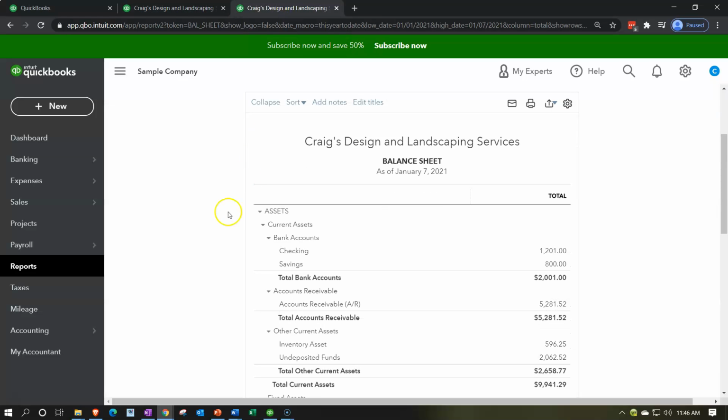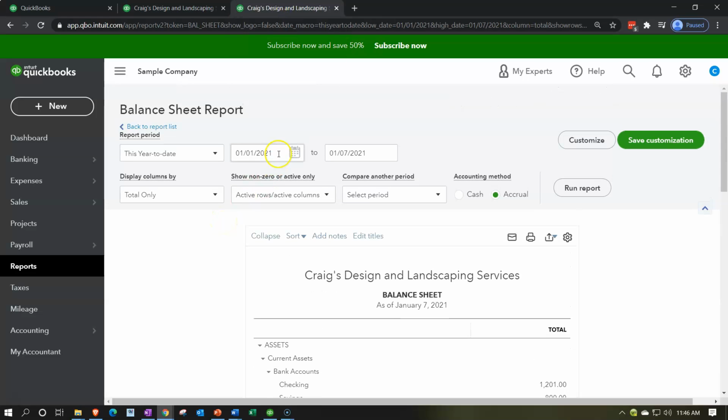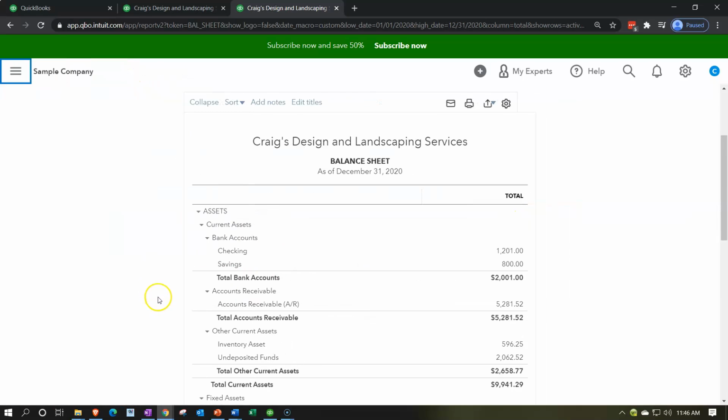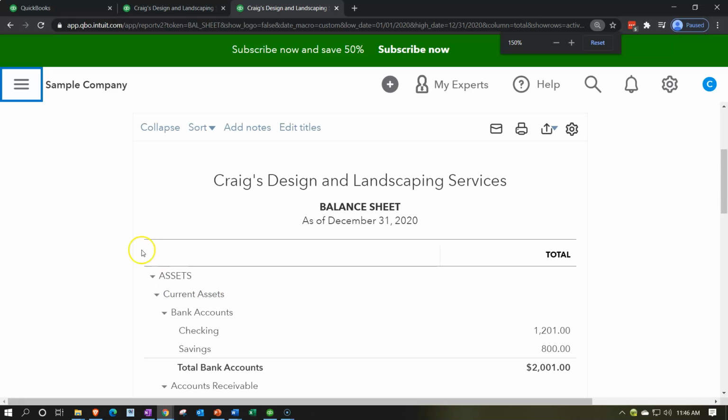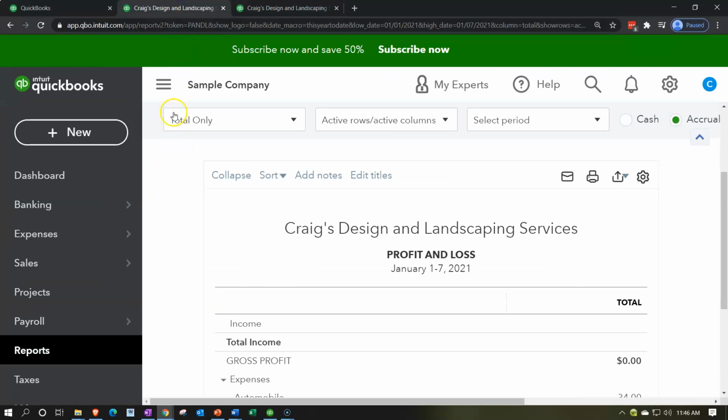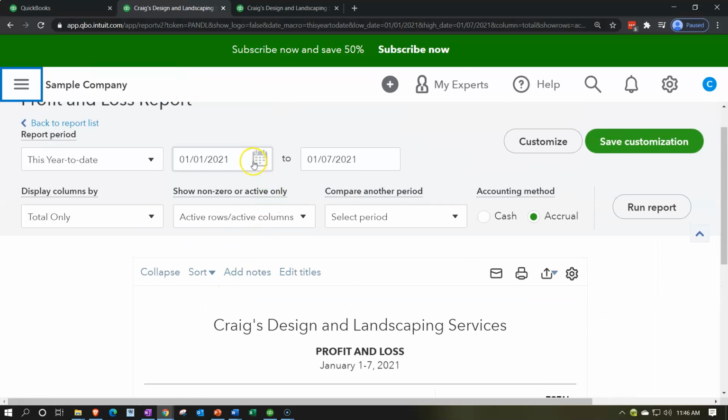I'll change the date ranges then. We're going to make it for 2020 because that's where most of the data is. So I'm going to go 01/01/20 to 12/31/20 and then run that report. I'll remove the hamburger here, see if I can scroll in without it messing up the other ones as well. And then I'm going to go to the profit and loss, and I'm going to close the hamburger here and